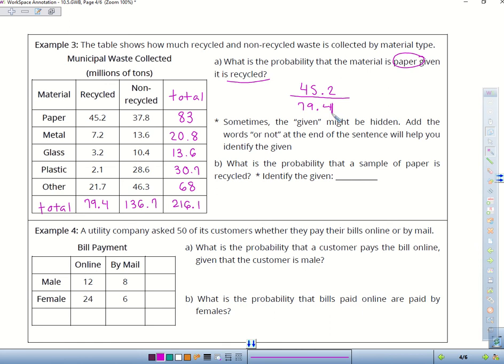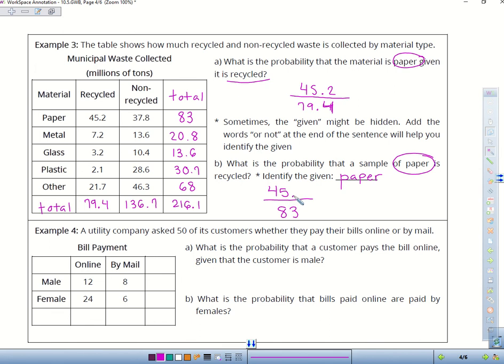Now sometimes the question is not going to come out and say the word given. You have to read the context clues using your English reading skills, right? What is the probability that a sample of paper is recycled? So do we care about the total number of recycled items in this question? No. We only care about looking at paper. Total, yes, good. So we're looking at paper, and of these samples of paper, we're looking at what amount of that paper is recycled. So our denominator is going to be the total amount of paper,